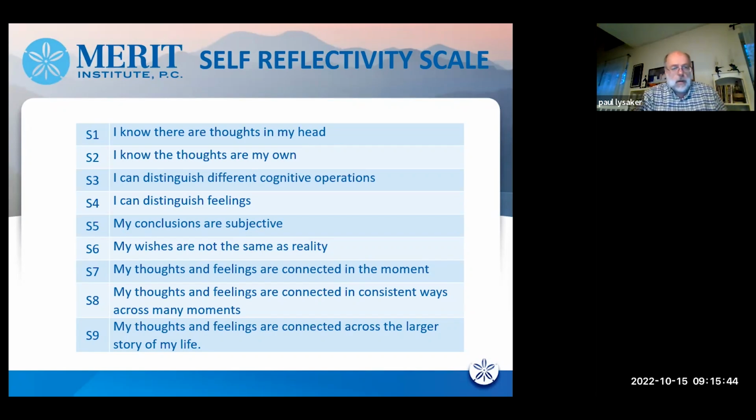So the MERIT uses an adapted version of something originally called the Metacognition Assessment Scale. This is a scale that was developed by Semerari and colleagues in Rome, but it was originally meant to measure the frequency versus absence of different metacognitive acts. We use it in a quite different way than it was originally designed. We use it as a series of hierarchical abilities, such that the S scale describes experience from the most fragmented kind of experience, like we think Kane's patient may be having, to a far more integrated sense of his self-experience.